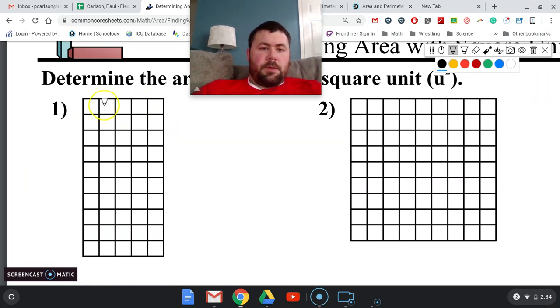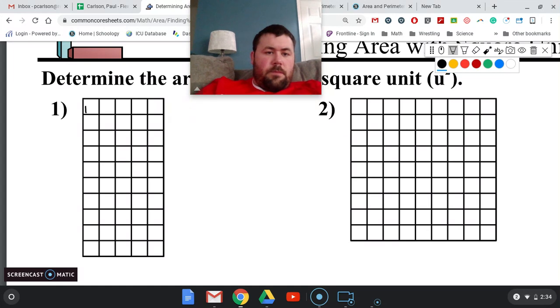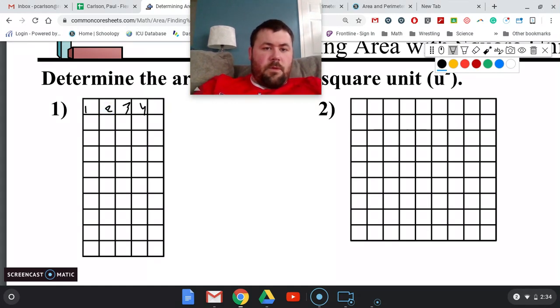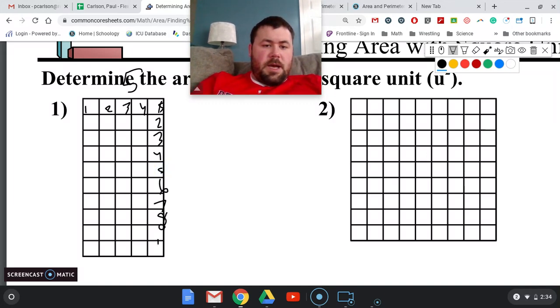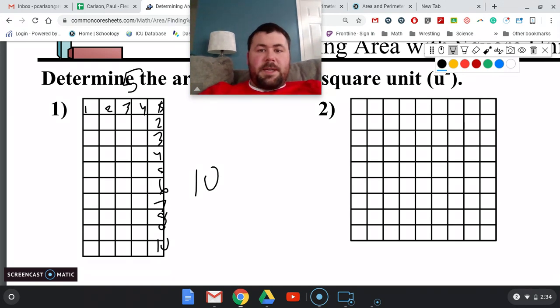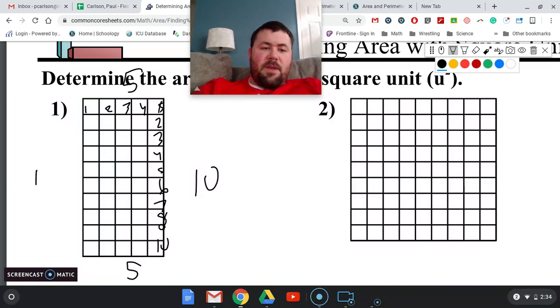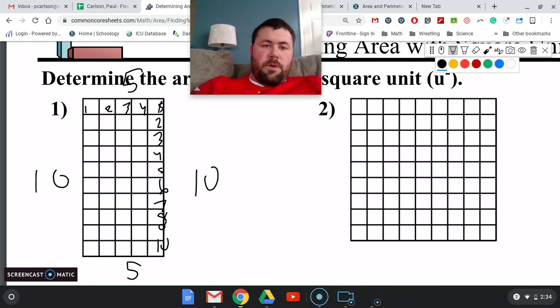So this would be one, two, three, four, and then five. So this whole side equals five, and the bottom would be one, two, three, four, five, six, seven, eight, nine, 10. Now that we know what both sides are, remember with squares and rectangles, opposite sides are the same. So if the top side is five, that means the bottom side is also five. If the right side is five, that means the left side is five. So we would do 5 plus 10 plus 5 plus 10, and that would give us a total of 30